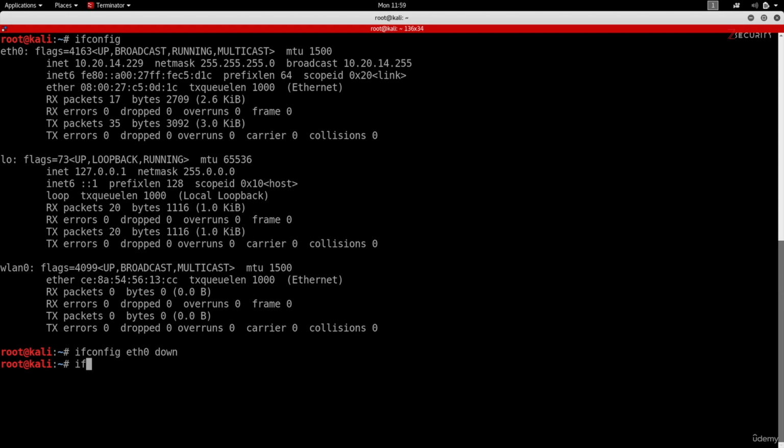ifconfig, again, put the name of the interface that you want to modify, eth0, and we're going to say hw ether and specify the new MAC address that you want. You can use any MAC address that you want, and for example, I'm going to use 00:11:22:33:44:55. So make sure it is 12 characters. Make sure you split it using colons, and that's it. So I'm going to hit enter,